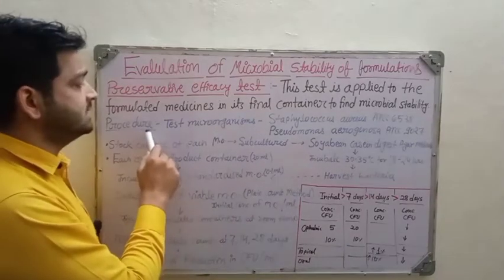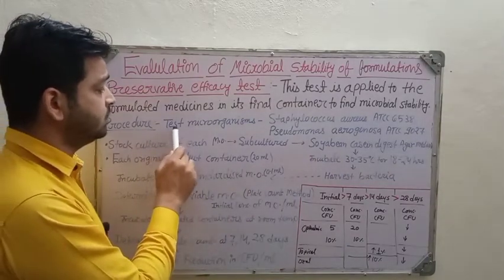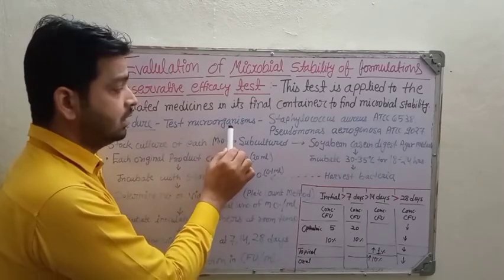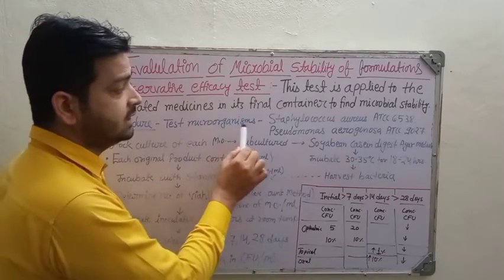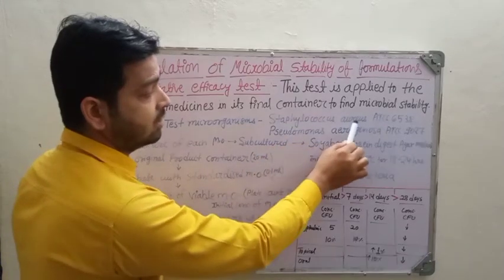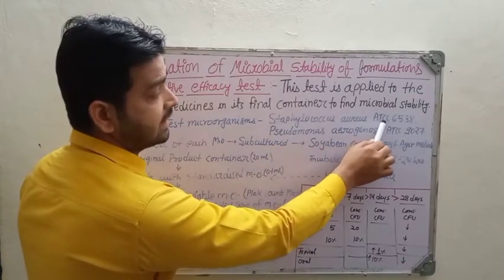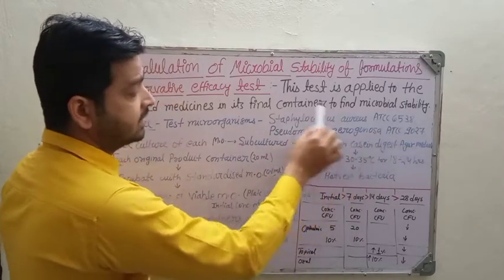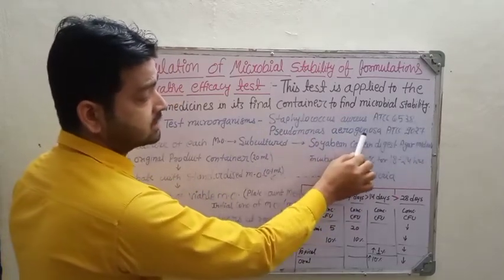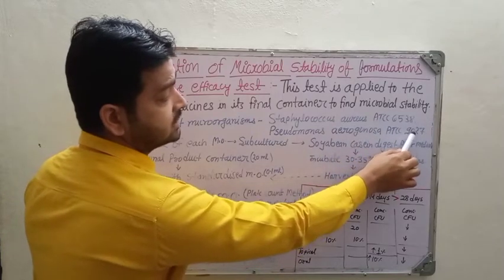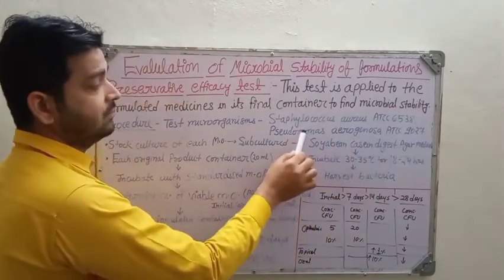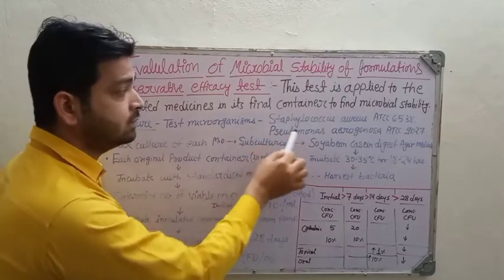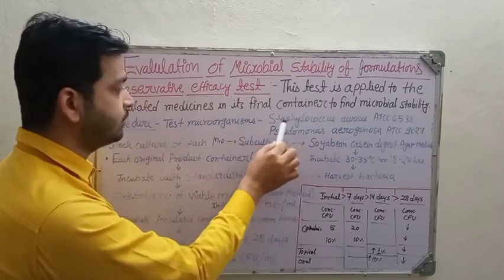So coming to the procedure in the efficacy test of the preservative, the test microorganism, whatever microorganism we want to take as a sample to check, for example Staphylococcus aureus, right? ATCC, the American Type Culture Collection, 6538. This is one type I have given here, right? Then Pseudomonas aeruginosa, ATCC 9027. So these two examples we can take as test microorganisms. For this we have to do the inoculation preparation.